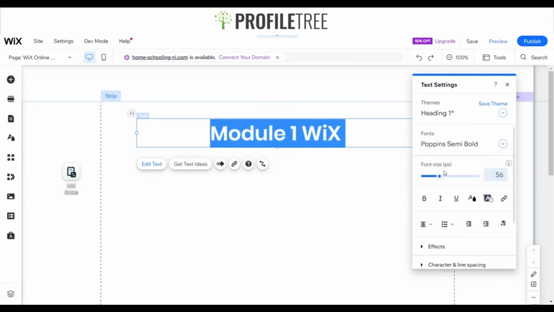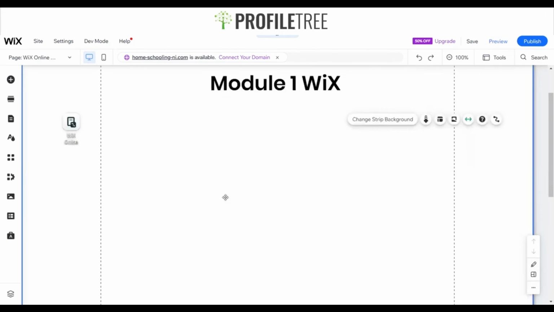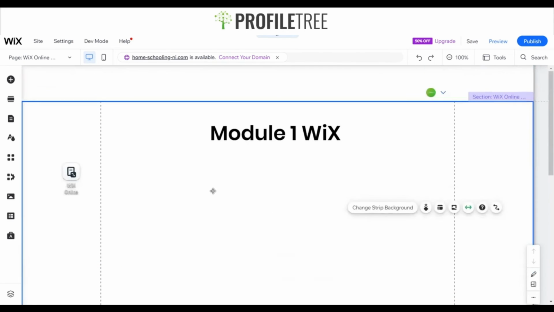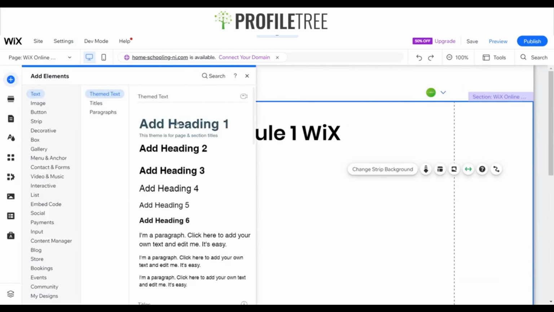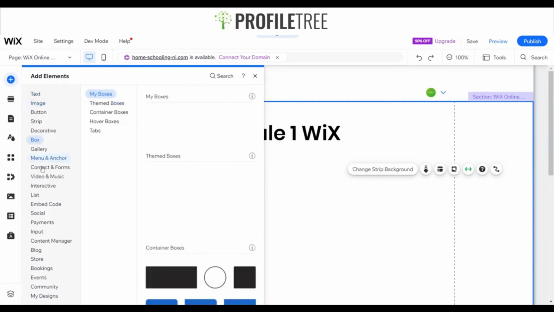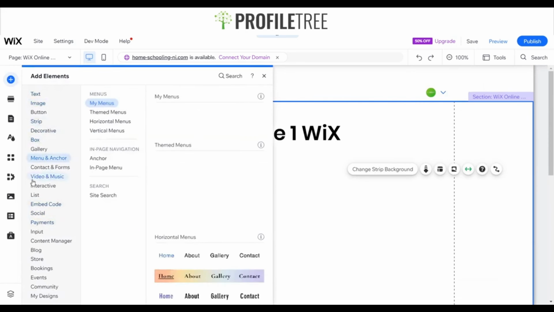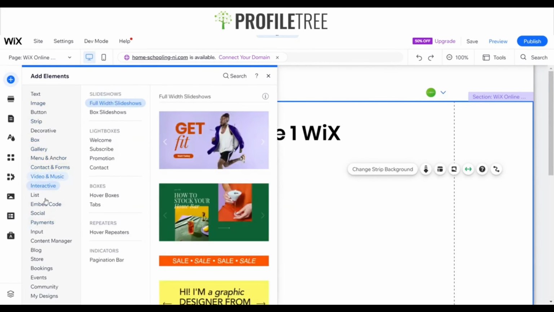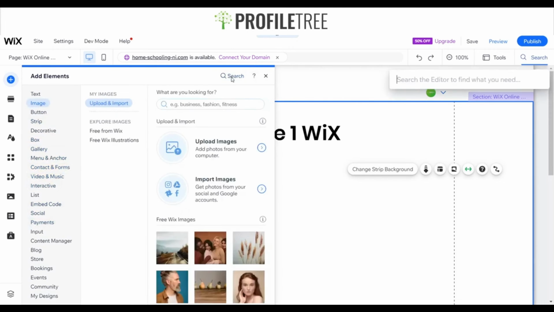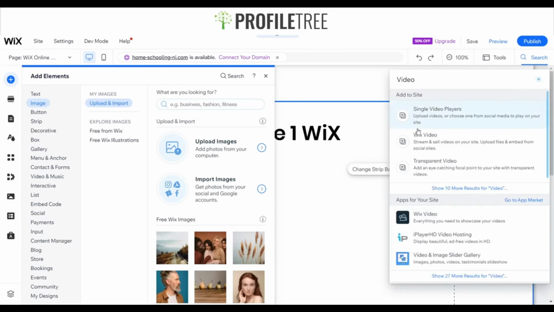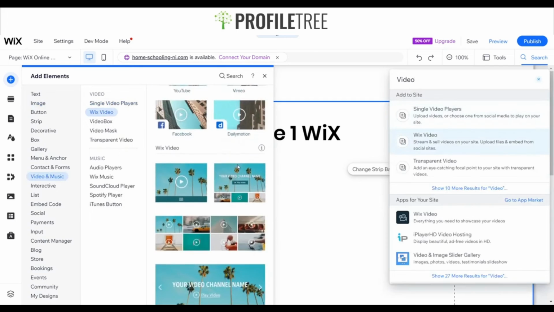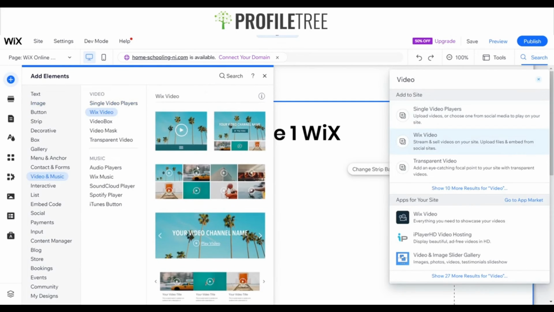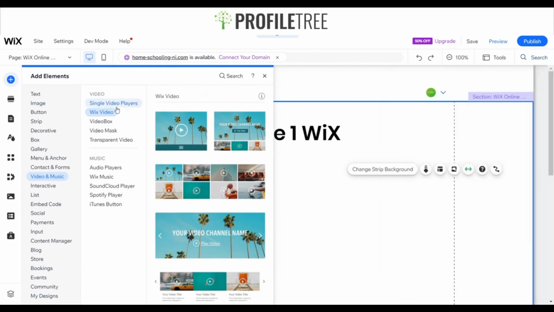So on your top left, add elements. We'll just find the video here, and you have multiple different options. You can add in a normal video, which is a single video player, or you can add in a YouTube video if you want. So you do have a list of different options you can have for your element. We'll just put in the YouTube one here, so you can extend that out, adjust it however you want,